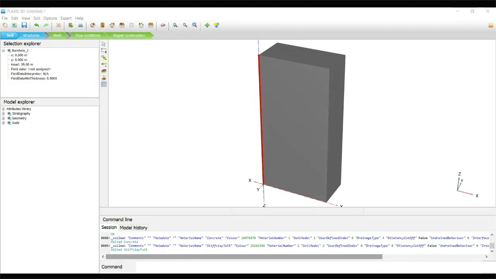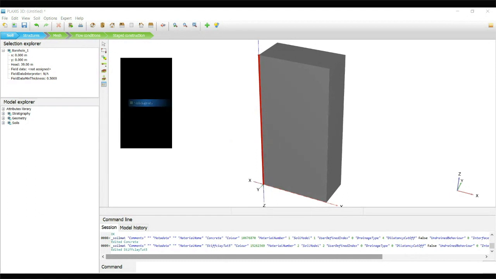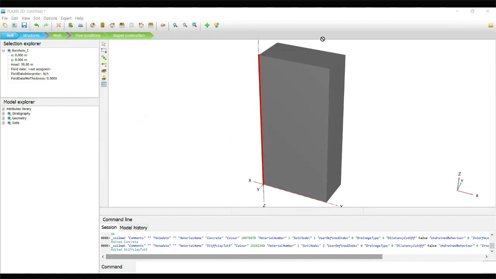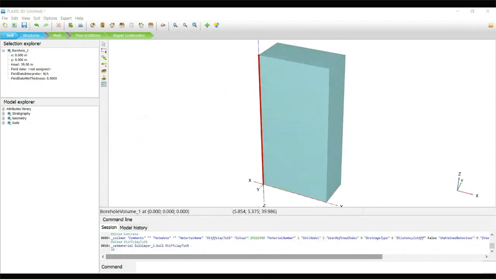Now we are going to import the soil properties, and then we are going to assign them. How to assign? You can just drag like in 2D. You can drag and drop onto the borehole or directly onto the material here, or you can assign on the background also. You can choose multiple options, so it will be very handy.